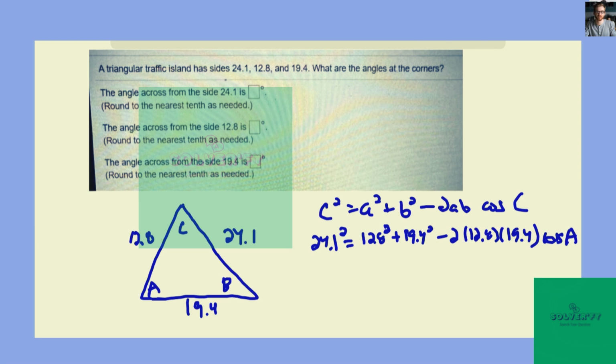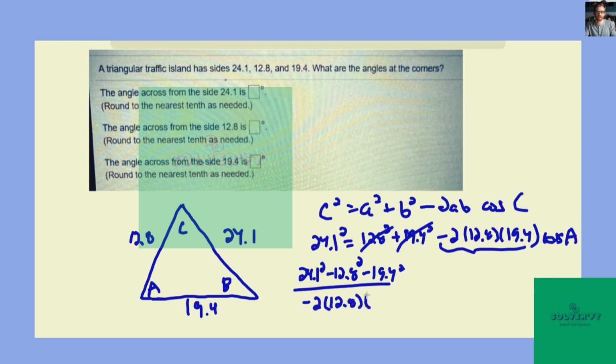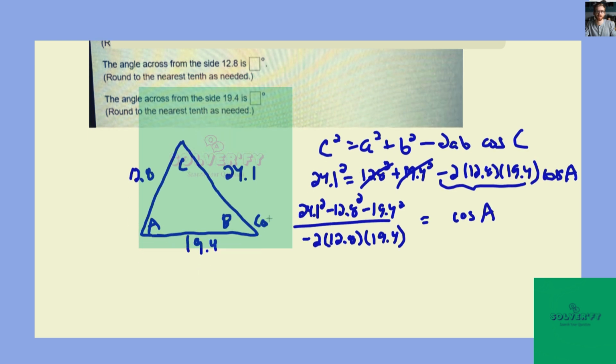Okay, so what we'll want to do is subtract 12.8 squared and 19.4 squared. Then they're to the left-hand side, and then we'll divide, because that's all one product that's left now, by the negative 2 times 12.8 times 19.4, and that will be equal to the cosine of A. But then we want to take the inverse cosine of each side, and that will leave just the measure of